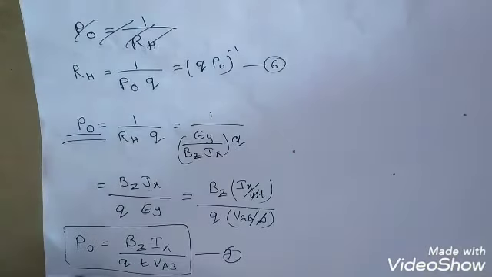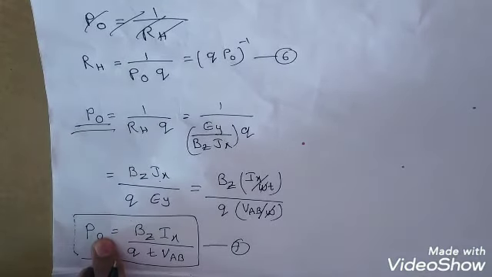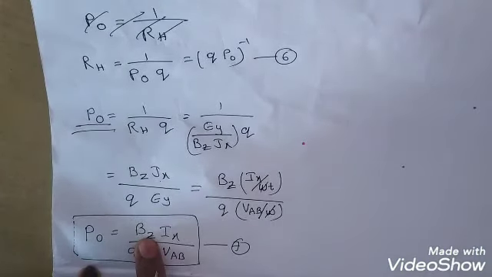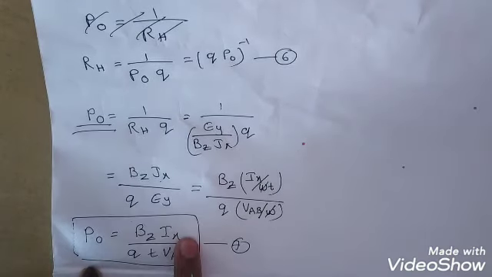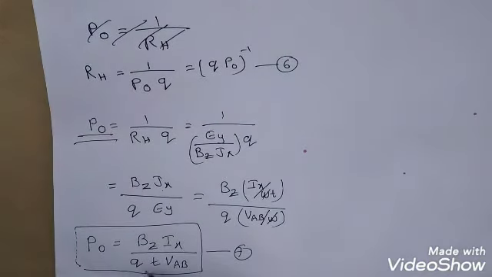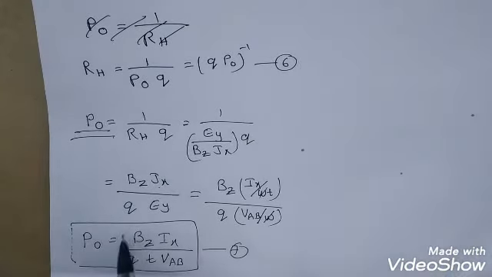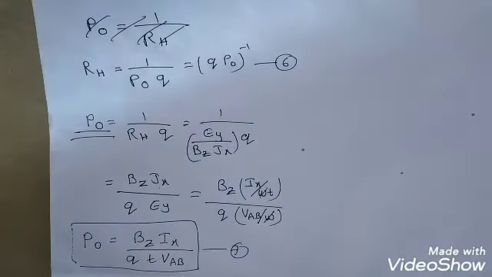So what we can say is, with the help of the Hall effect, we are going to calculate the carrier concentration. Here it's the Hall concentration. B_z, the applied magnetic field, we know, as well as the applied current I_x. We also know the charge associated with the hole, which is a constant, and the thickness of the semiconductor material, and the voltage V_AB produced by applying the magnetic field, which we can measure. With all these parameters we can calculate the carrier concentration present in a particular semiconductor material.